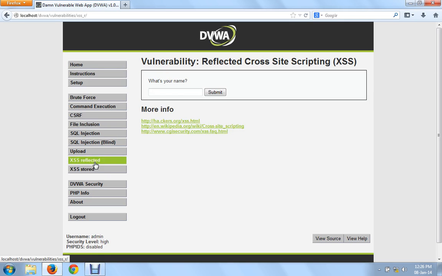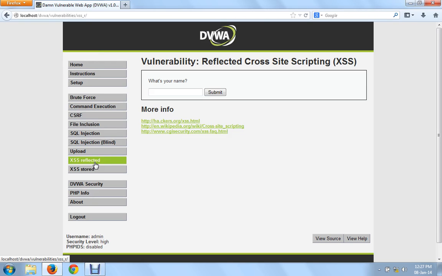Cross-site scripting is nothing but applying scripts from a remote PC so that they are allowed to be stored on the server's PC. There are basically two types of XSS, that is stored and reflected.